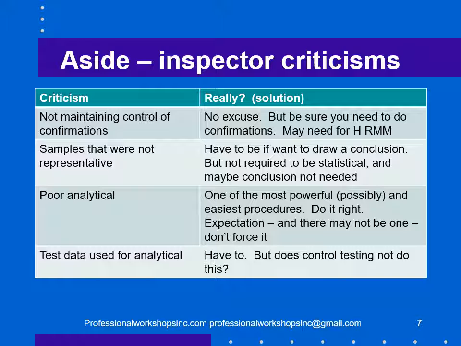The other thing is sometimes when you're sampling, or I guess you're actually not sampling, let's say you have a population where there are 5 large items and then a bunch of small things that don't even add up to anywhere close to materiality. You could probably conclude, well, I don't need to draw a conclusion about the things I didn't test because the things I didn't test couldn't possibly be materially misstated. So looking at the 5 big ones is a satisfactory test. And you would need to document that and explain that.